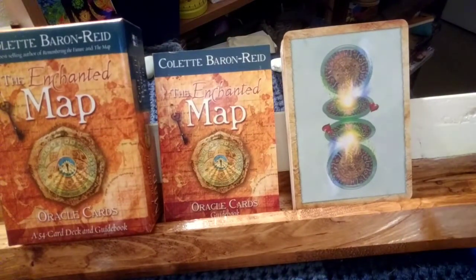So the Enchanted Map Oracle guide is actually probably one that I wasn't sure I was going to get, although I had the book. I have it as an ebook. And while reading the book,